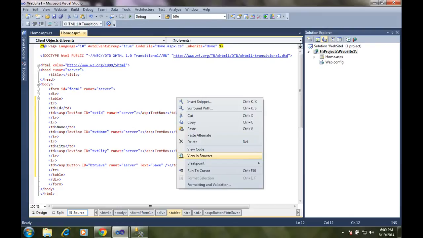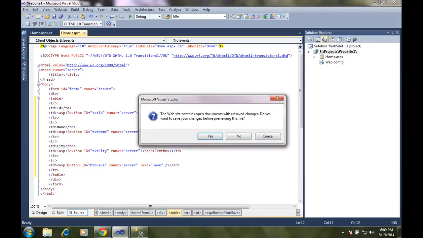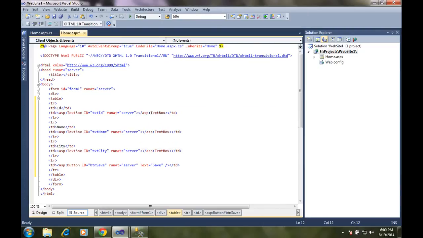View it in browser. Right click, view in browser. It's asking to save. Click yes. It's loading localhost, website name and home.aspx.